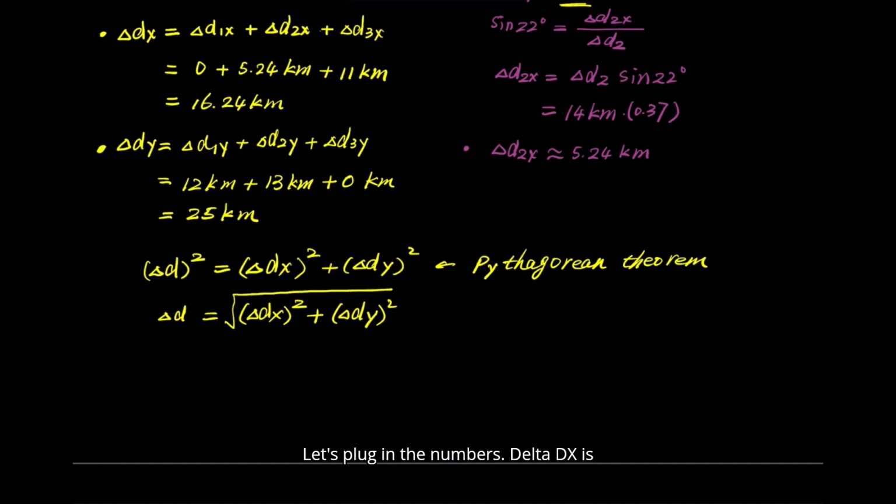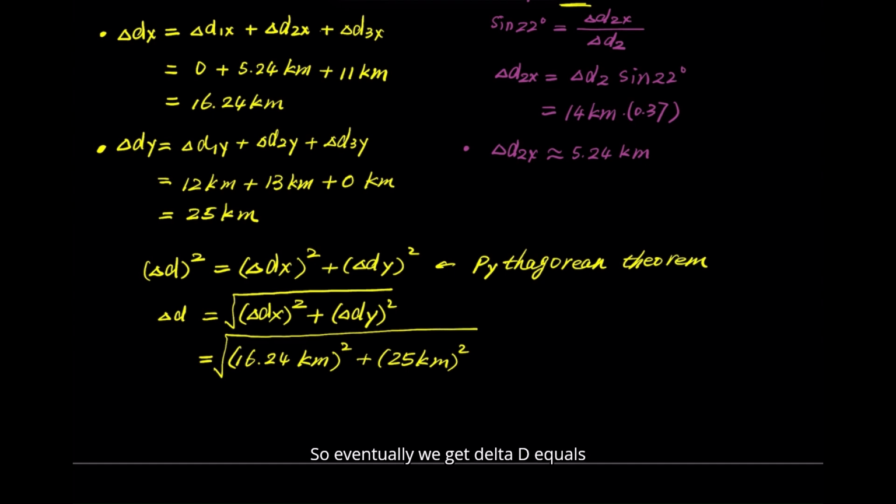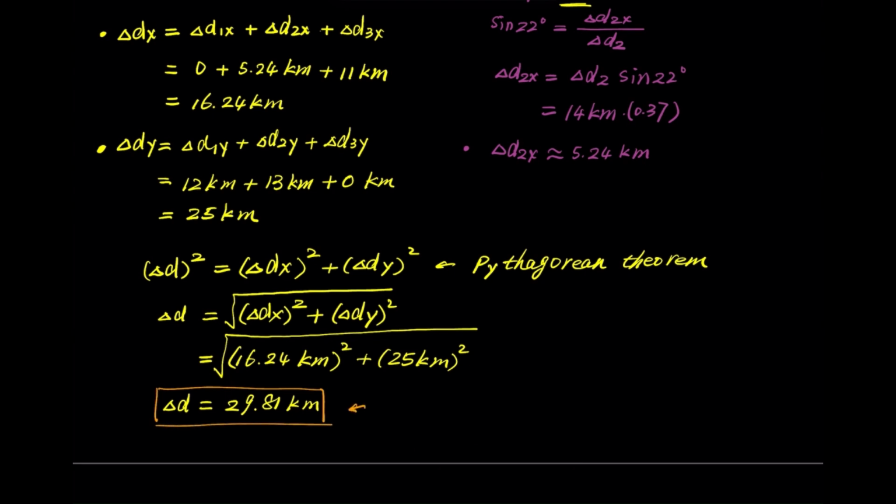Let's plug in the numbers. Delta dx is 16.24 kilometers squared plus delta dy is 25 kilometers squared, then root. So eventually we get delta d equals 29.81 kilometers. So the magnitude of the total displacement is approximately 29.81 kilometers. So this is the length or magnitude